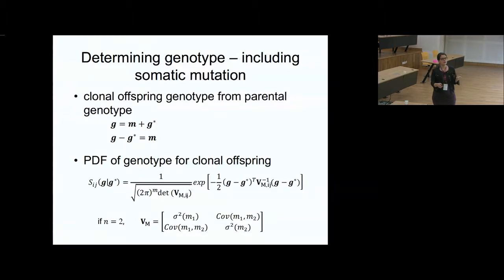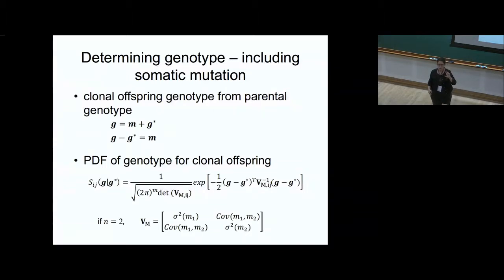And just to give you a sense of what it might look like, this is the mutational variance. If we have n variants in Z, so Z is Z1 and Z2, we might imagine a mutational variance for one of the traits, mutational variance for the other trait, and there might be covariances. Now, if there's no interaction between mutation at these two different traits, these would be 0, and this is just the input of mutational variance due to somatic mutation.